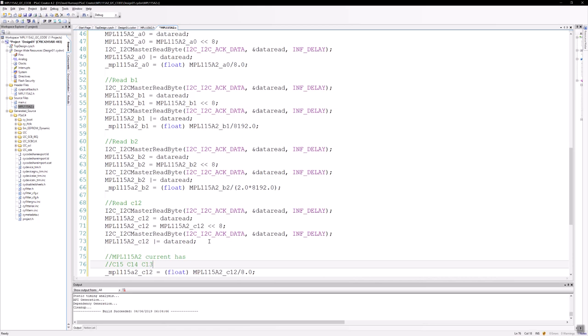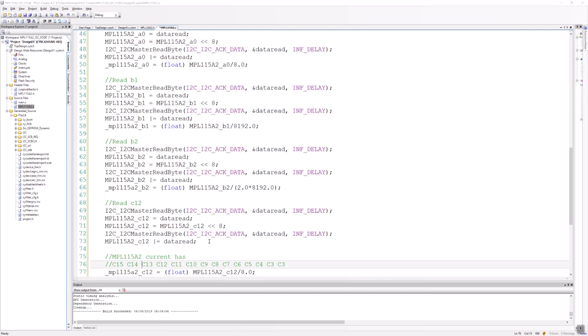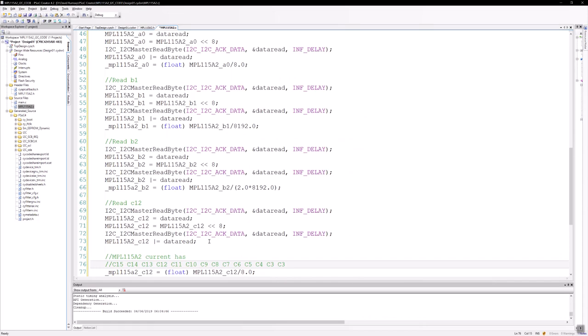C13, C12, C11, C10, C9, C8, C7, C6, C5, 4, 3, 2, I'm sorry, I'm not following what the thing says. It's 13. So we start with 13 because it's a 14-bit number. C2, C1, and C0, and then 0, 0. That is what's currently stored in the variable. But the problem is I don't want these zeros here. What we want